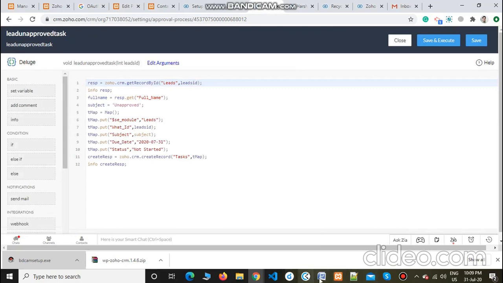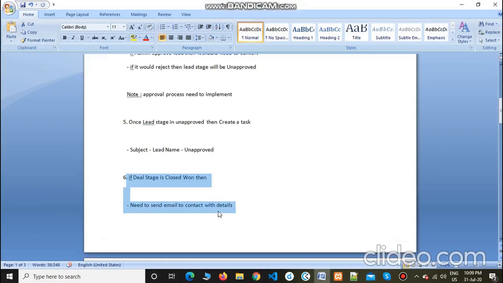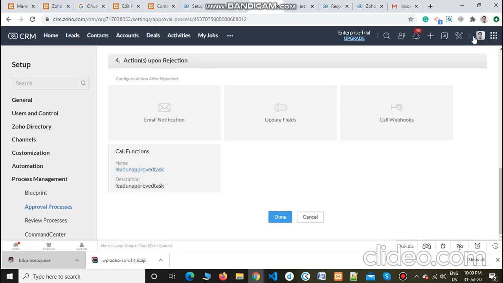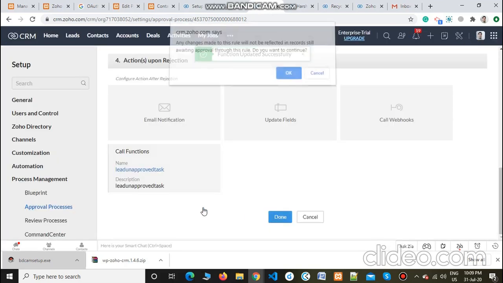Here was the task: once the lead is unapproved, we need to create a task with the lead name and the unapproved status. So we created a task with the subject unapproved for the lead, saved it, and done.